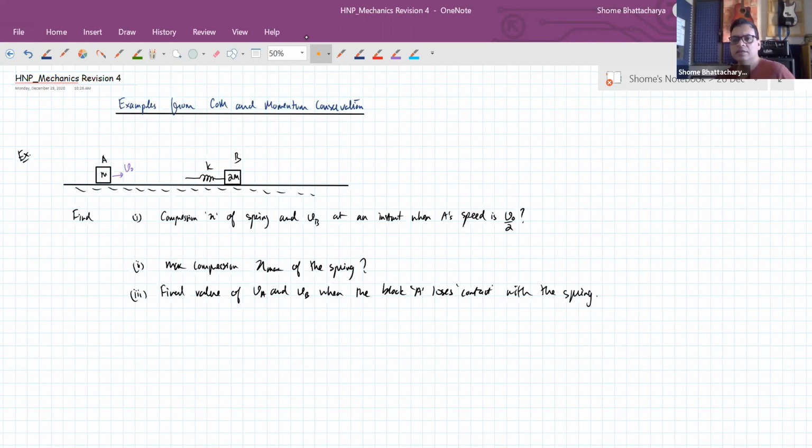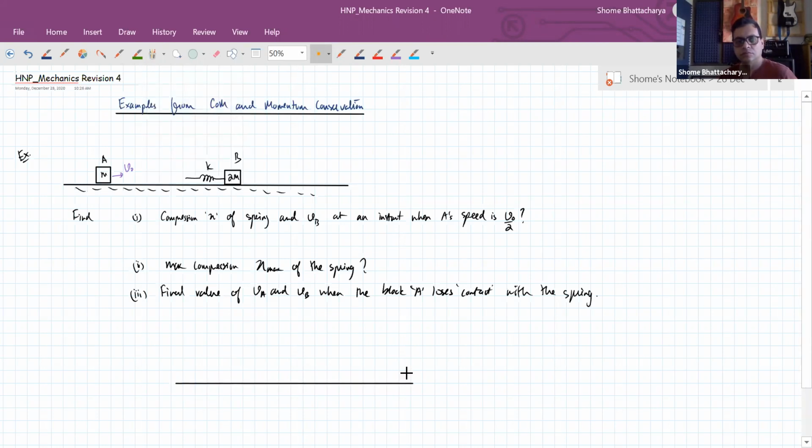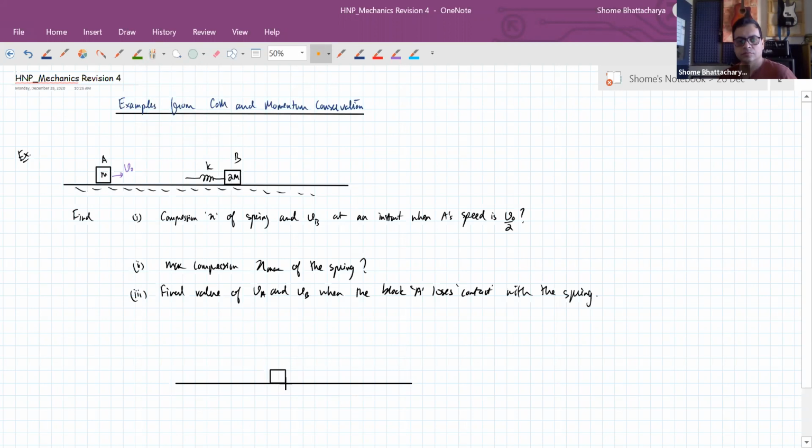And we can conserve the mechanical energy, including the elastic potential energy in the spring. So at any in-between instant while they are in contact,